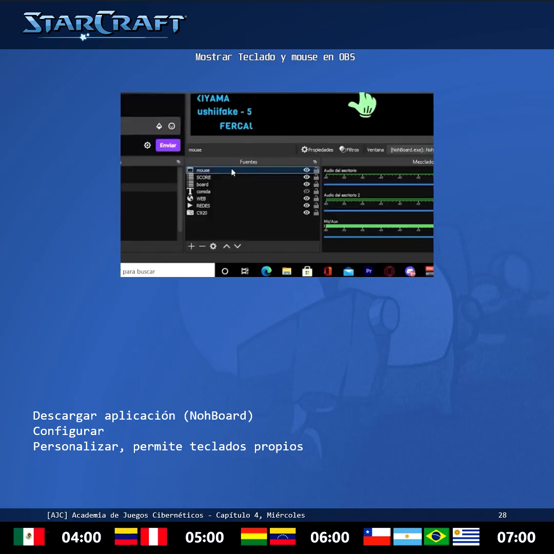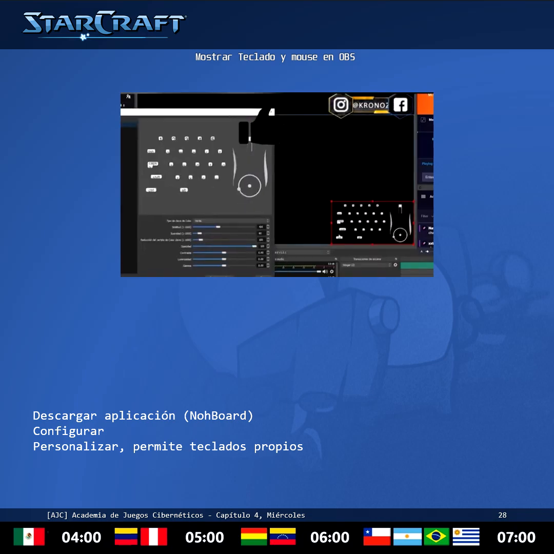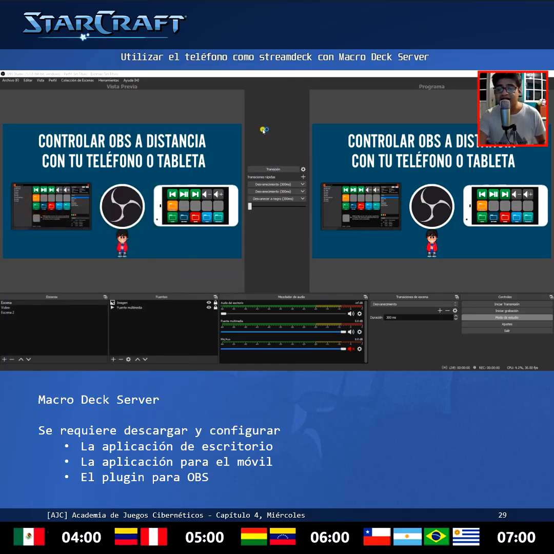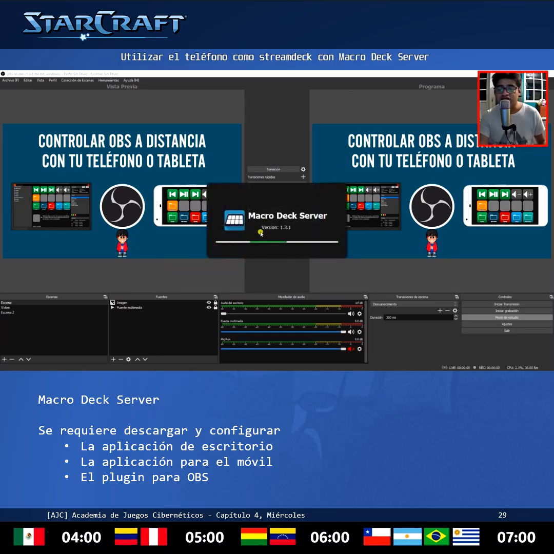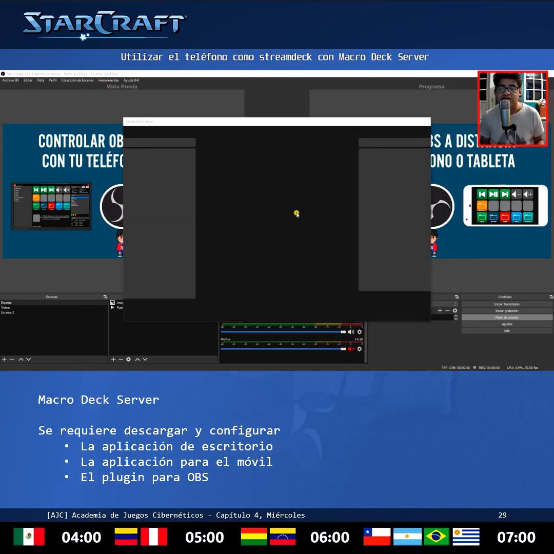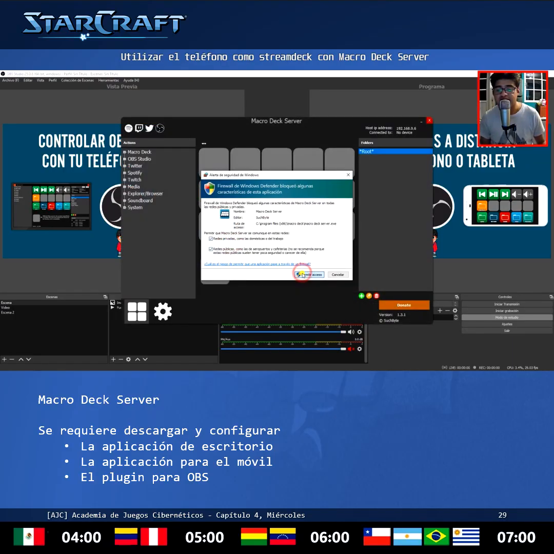Para borrar el fondo verde, clic derecho, filtros, agregar, fondo croma y en automático se va a borrar nuestro fondo verde. Ya activo, ahora sí venimos aquí a abrir este programita que tenemos por acá. Como verán, vamos a abrir la aplicación de escritorio que ya está por aquí, que ya le hemos instalado. Vamos a necesitar algunos archivos, algunos datos más bien. Aquí le vamos a dar que sí en redes privadas también, permitir. Y como verán aquí